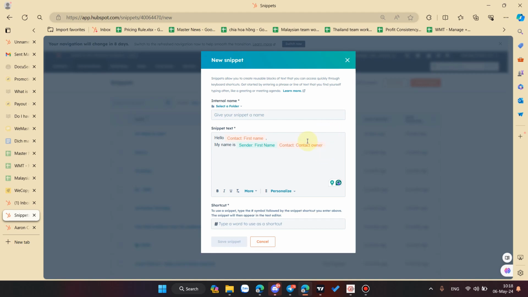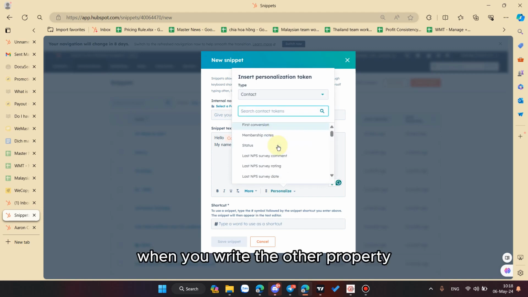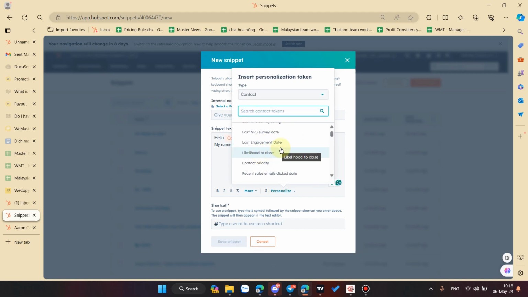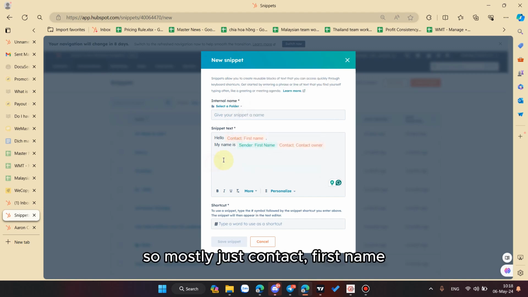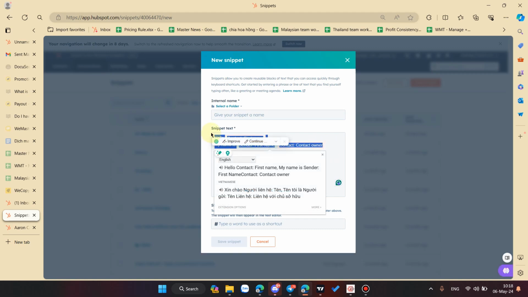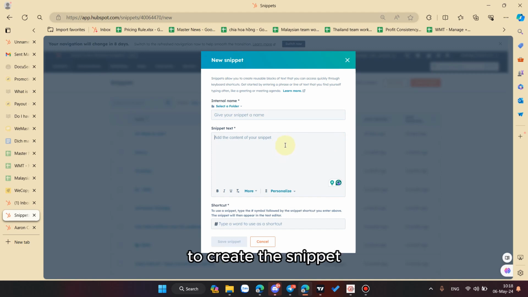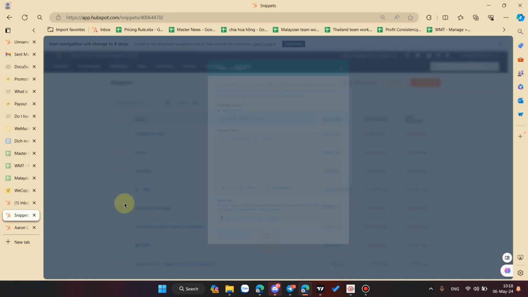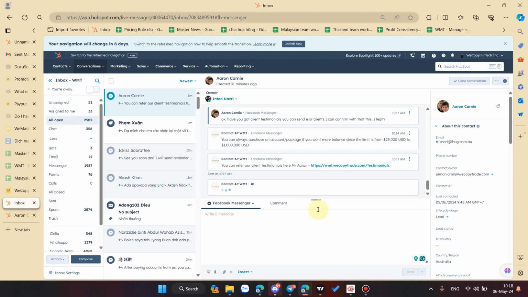I believe that's all you need to know about the other properties; I don't think you're going to use them. So mostly just contact first name, sender first name, and contact owner, and you don't use the others. That is the trick to create a better snippet.